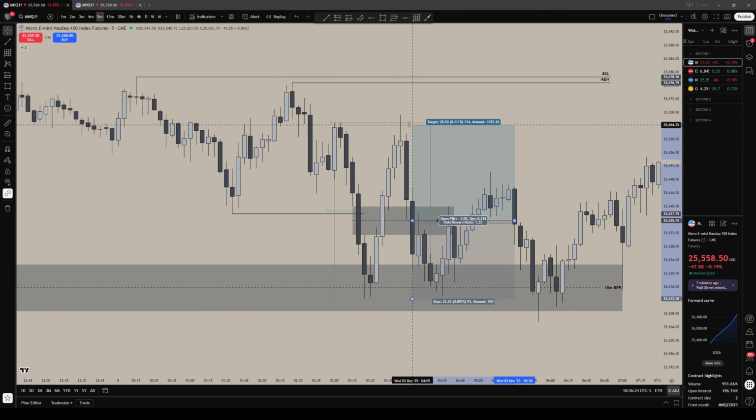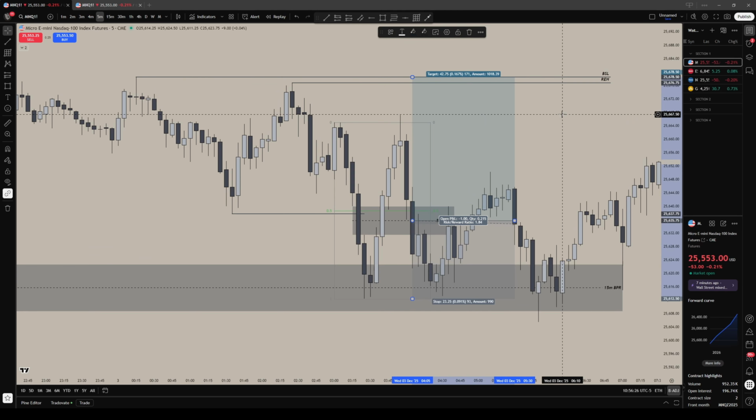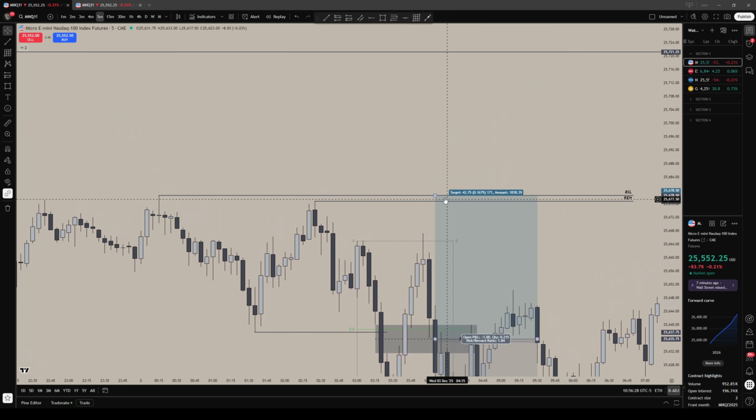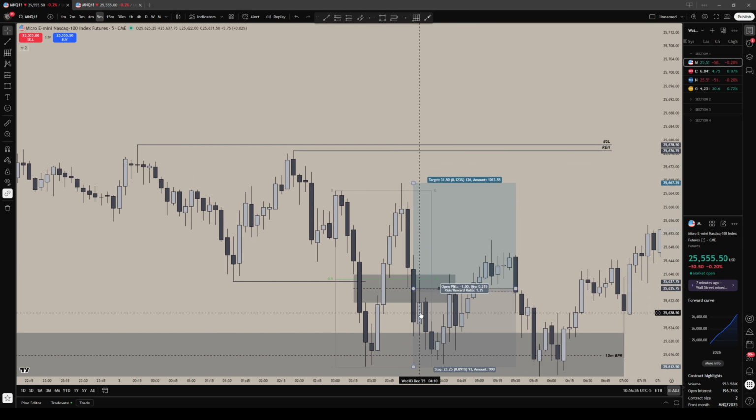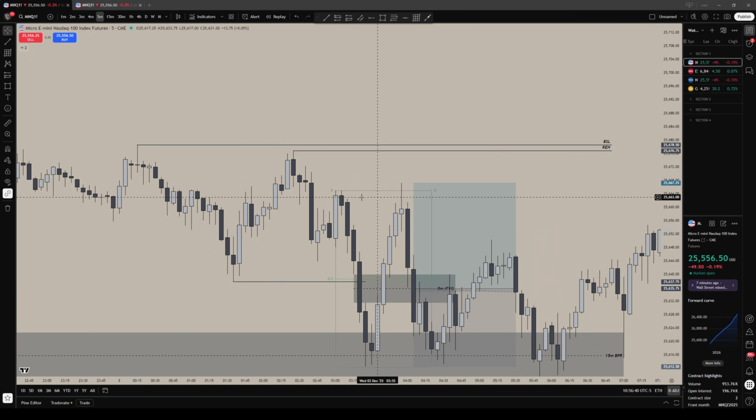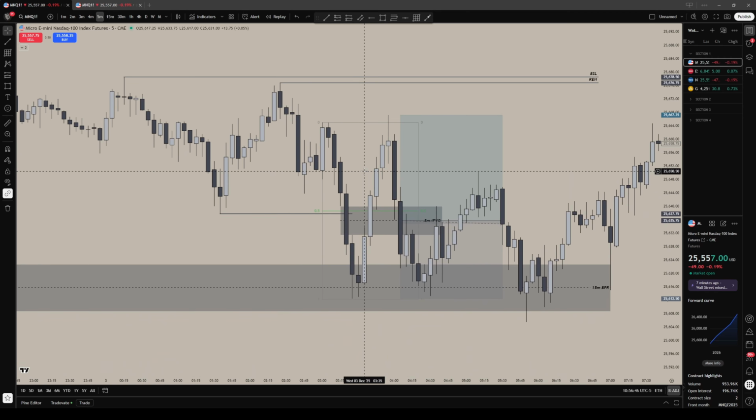But look how uncomfortable this is. If I want to target here, first of all, the RR is fine. It's not great for the amount of move, but my overall target could be here in the event that price does go up. I have to get through here. Now, I'm assuming price is going to trade up into this protected high because price swept liquidity and expanded and respected the range before it even entered.